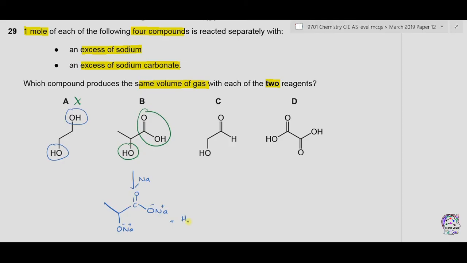And a hydrogen molecule will be formed. Now reacting with sodium carbonate, only the carboxylic acid functional group will react with sodium carbonate and OH is not going to react with sodium carbonate, so the product will be